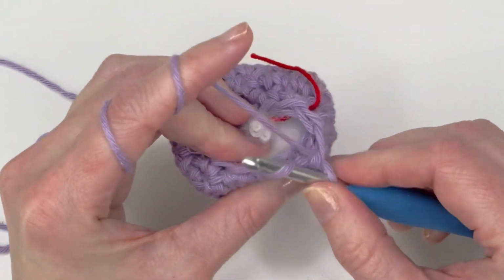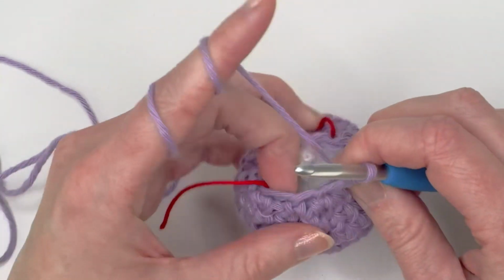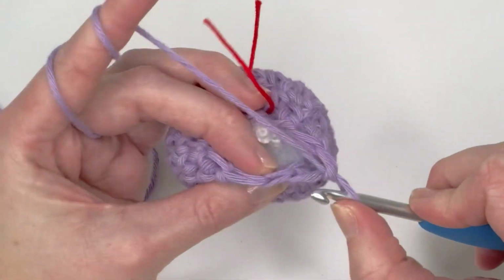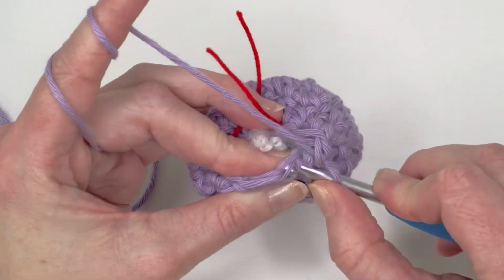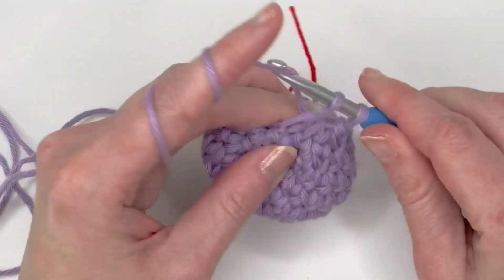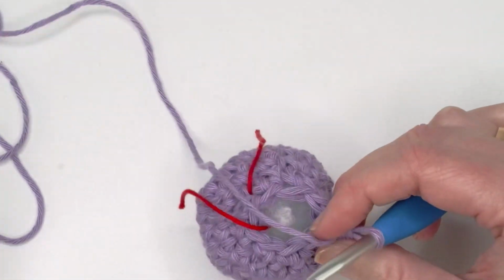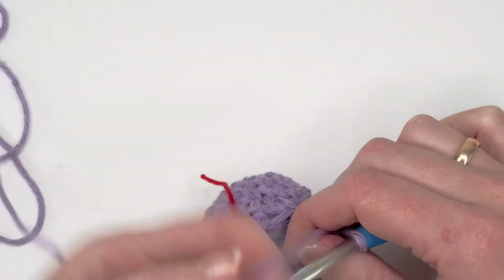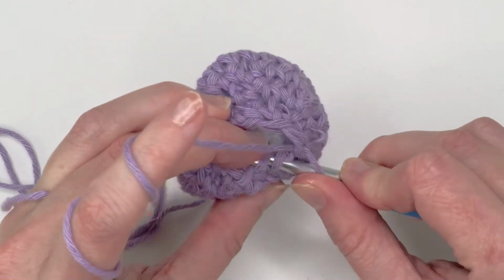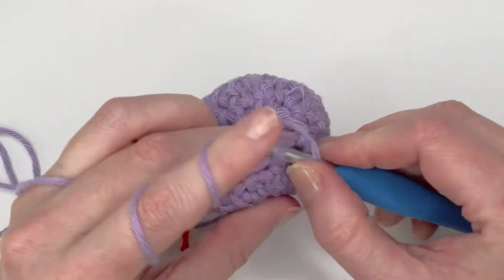And here is the next one. And the next one. So make sure to check that you're not putting the hook in the same stitch. So here is the next one, and here is the last, oh sorry, 2 more decreases. I have 4 single crochets left. Here is the first one. And here is the last decrease,